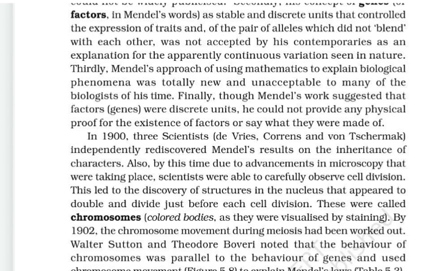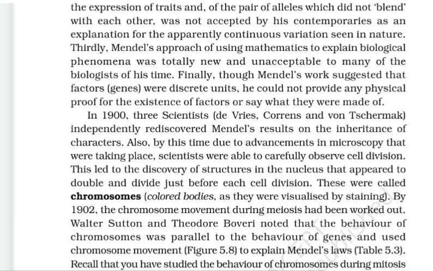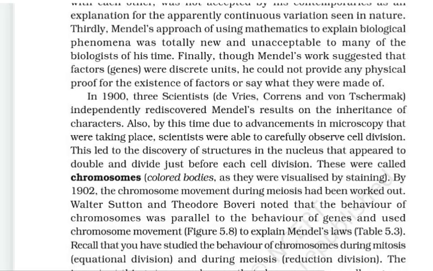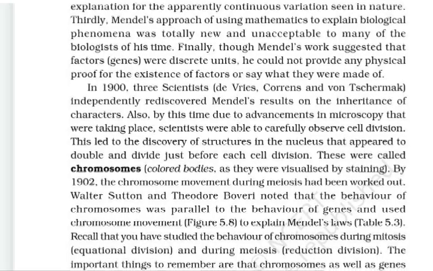Thus, there are 4 genotypes of gametes, 4 types of pollen and 4 types of egg. The 4 types are: first, capital R, capital Y; second, capital R, small y; third, small r, capital Y; and fourth, small r, small y. Each with a frequency of 25% or 1/4 of the total gametes produced.